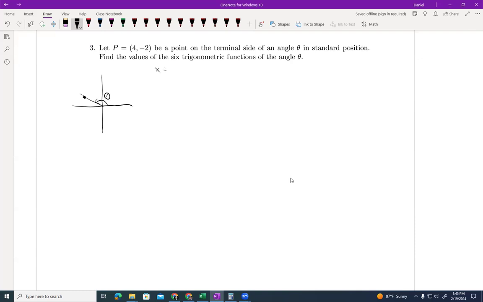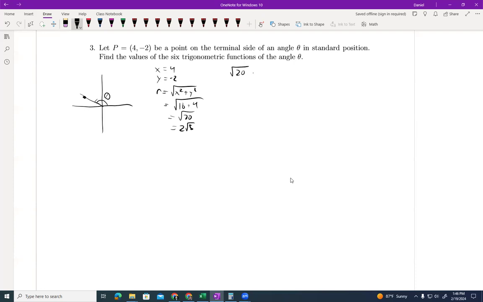We have our x-coordinate is 4, our y-coordinate is -2, and our r is always the square root of x squared plus y squared. So let's go ahead and plug it in, see what we get. So we get square root of 16 plus 4, square root of 20, which is the same thing as 2 square root of 5. And if you're curious how I simplified square root of 20,